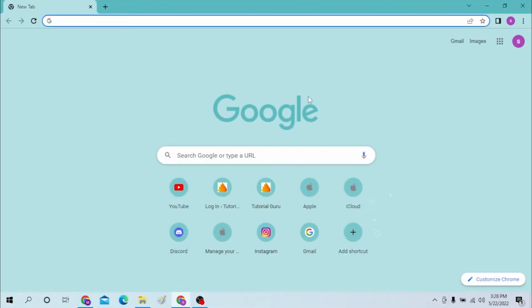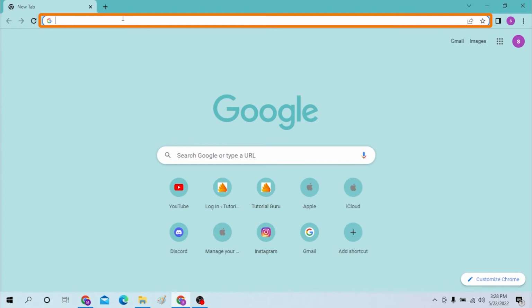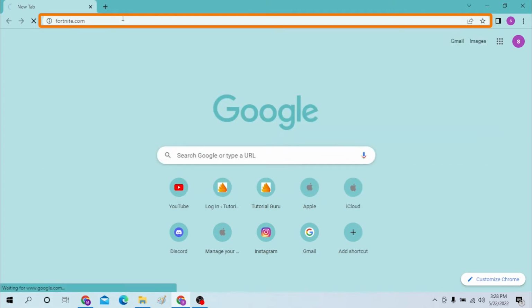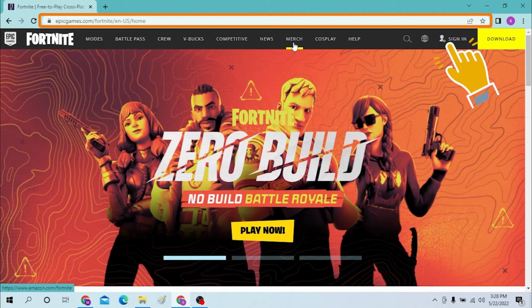Okay, on your computer, first open your preferred browser. I have already opened Google Chrome, as you can see, and click on the search bar over here and type in Fortnite.com like this. But it will open to epicgames.com. And now to sign into your Fortnite account, you will need to click over here,